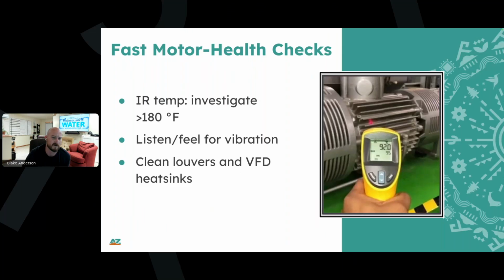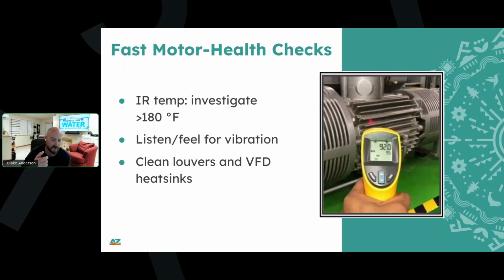Another really simple thing to monitor, and like I said, some of this can be done now with SCADA sensors pretty cost effectively, is temperature. Heat is just energy being radiated, and so it's a pretty good indicator of motor health. Obviously, if you have a submersible pump, that's not really a thing that you can keep an eye on, but for your booster pumps, for your turbine pumps,